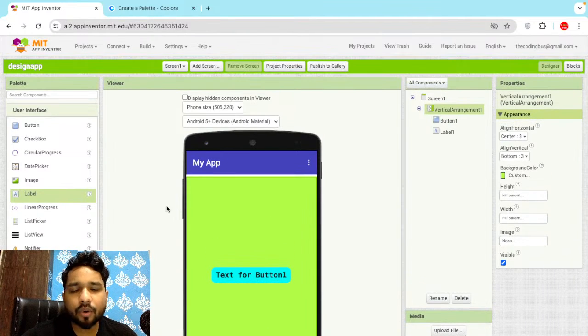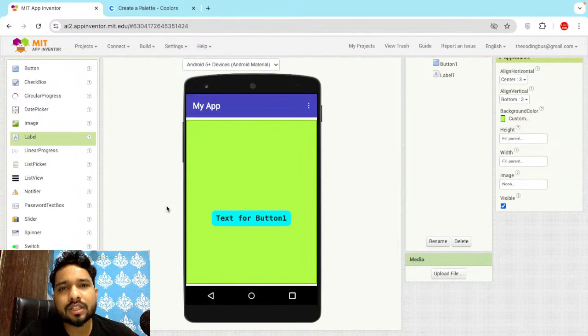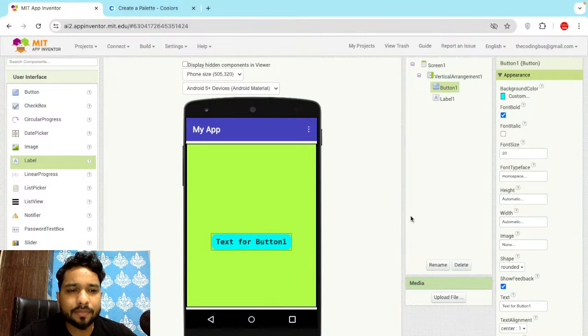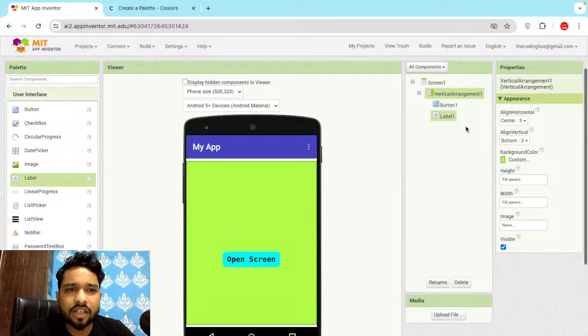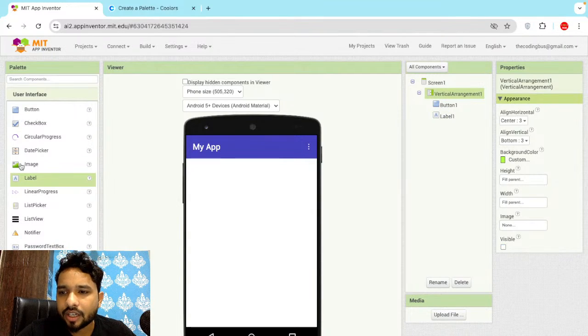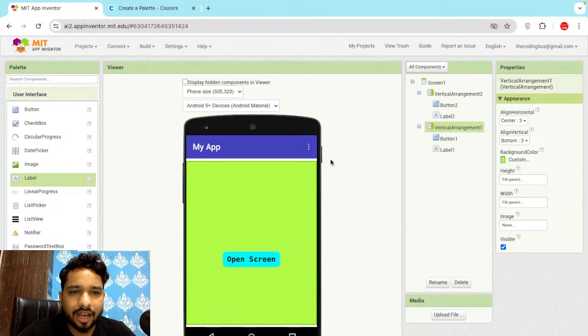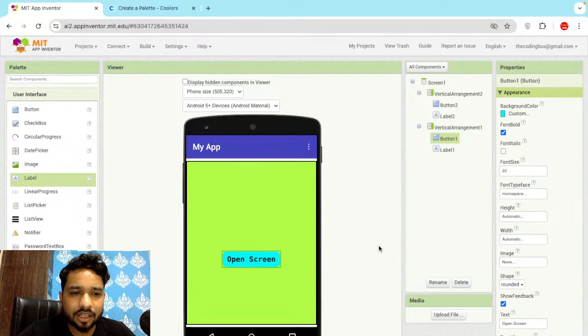Okay, so what we have learned is how we can use multiple layouts instead of screens. Let me give you an example of how you can use it. Here's one button. Once I click on this button, I want to open another screen. For that I just need to disable this visual vertical layout, and you can just copy and paste it like this, and make it visible on. And for the other screen, like open screen,